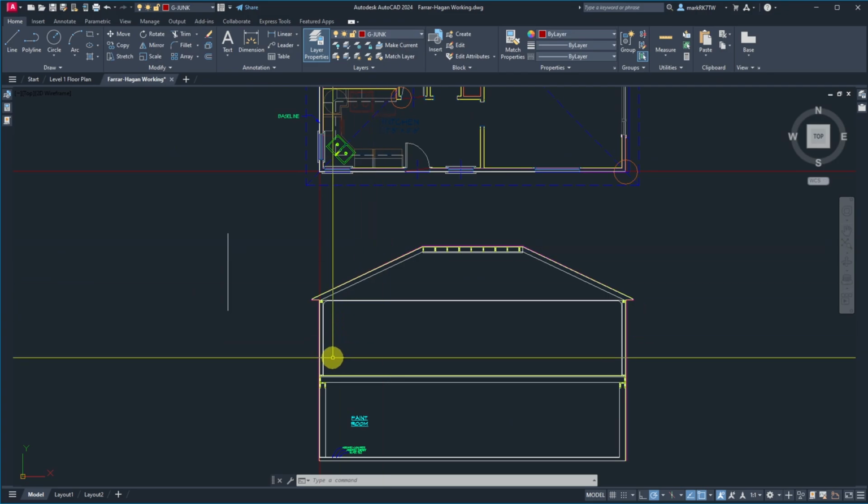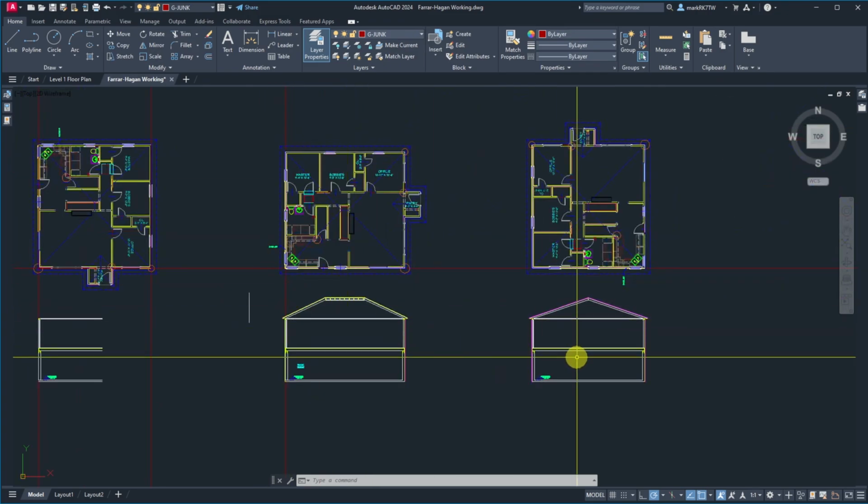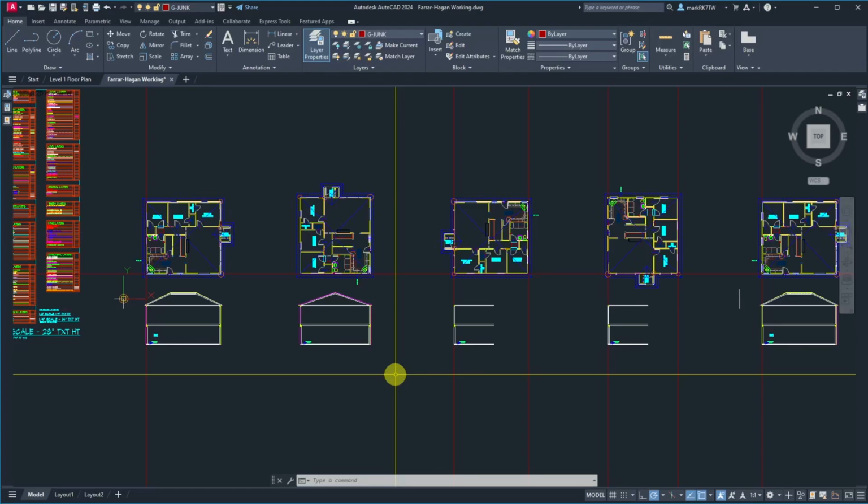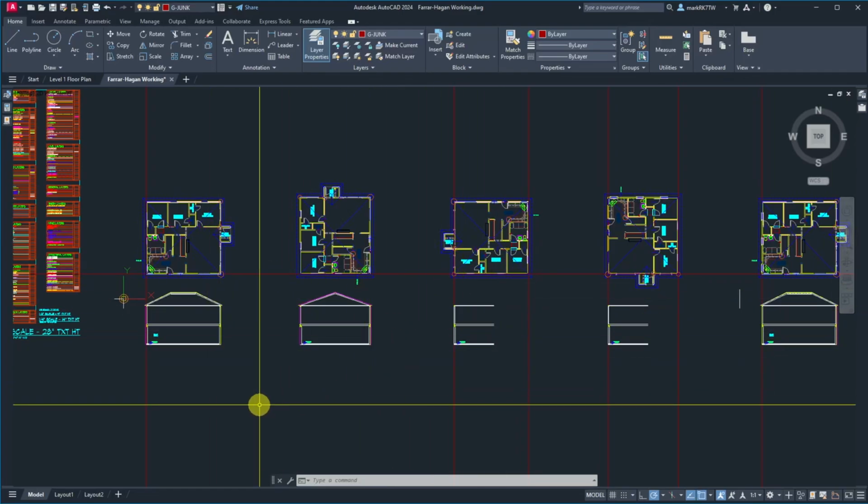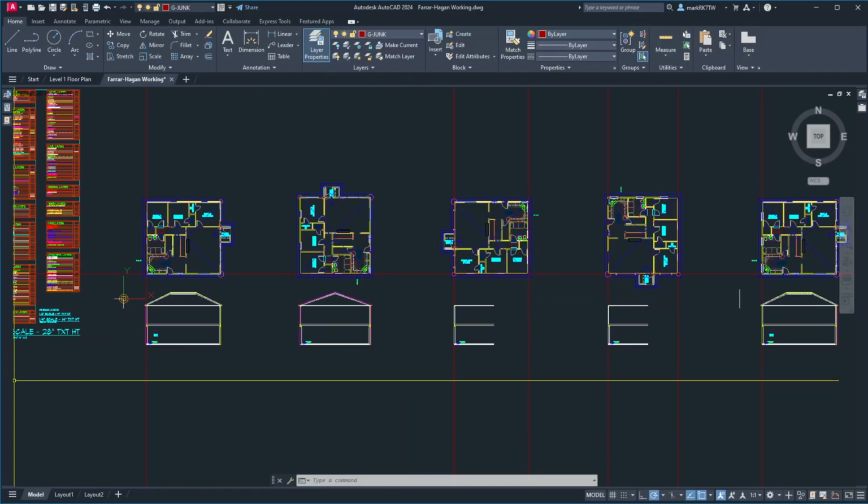But all in all, this is how you create the working drawing, how you transfer lines, and how you get your elevations going. So we'll call it a night,